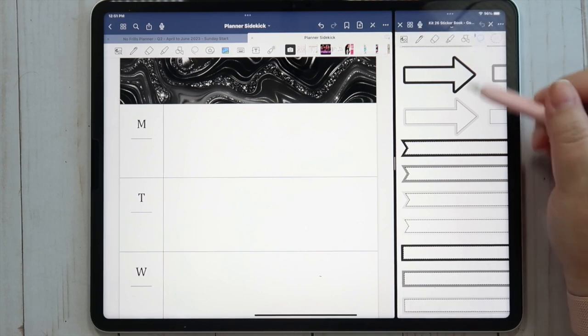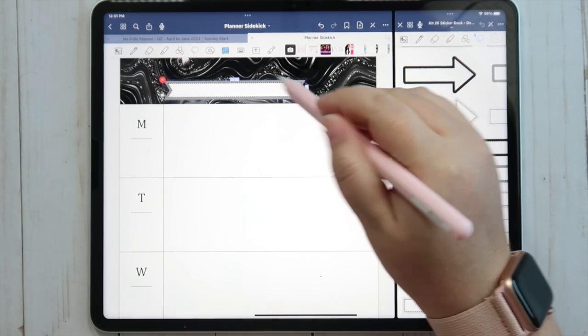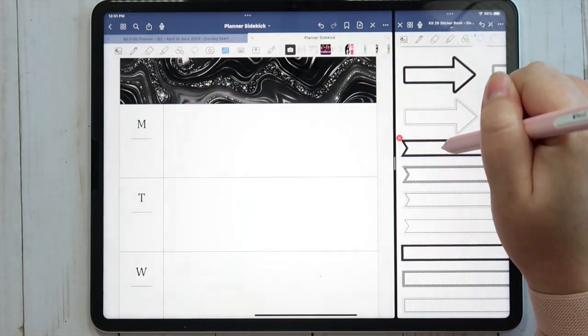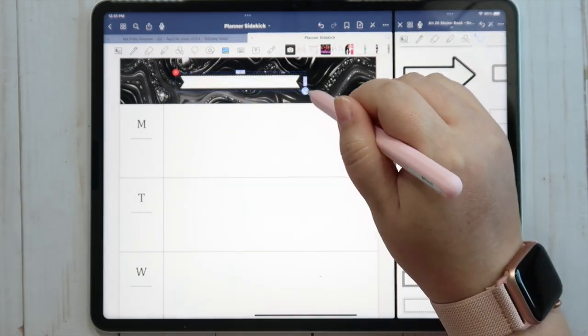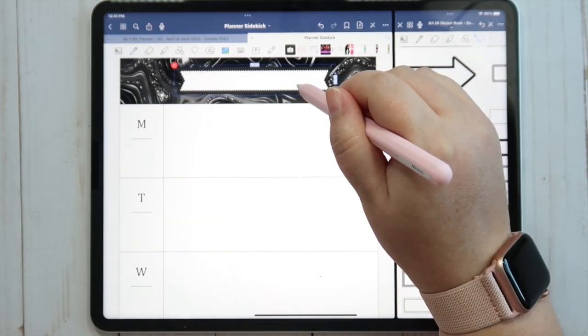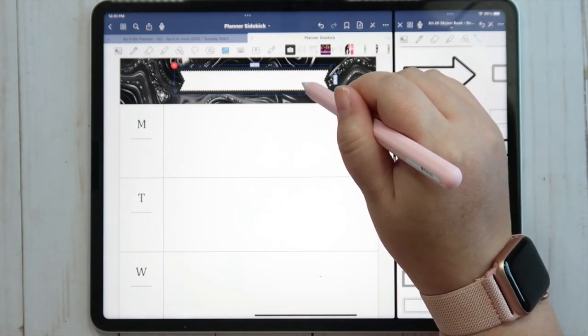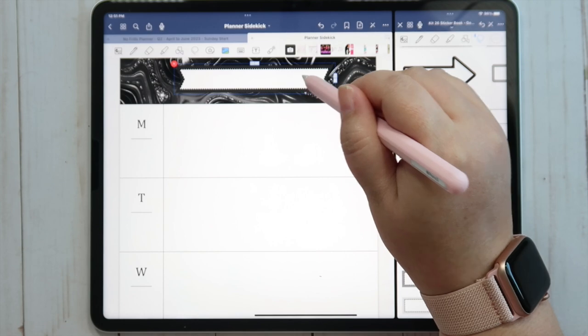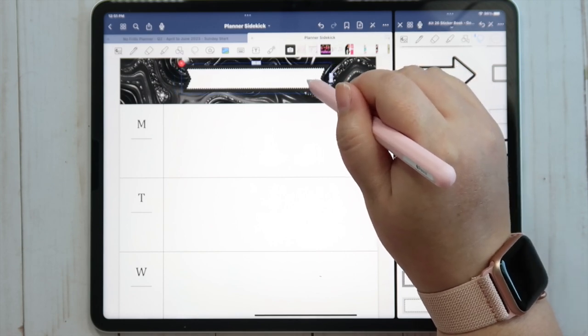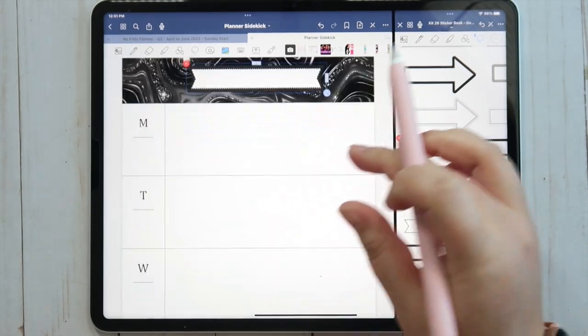Ooh, what if I did, let's see what this one looks like. Maybe if I do the darker one. Oh, see, that looks cool. I really like that a lot. So I could do that, make it a little wider even. Let's see.